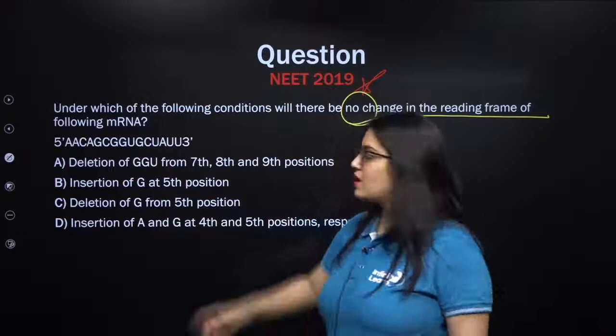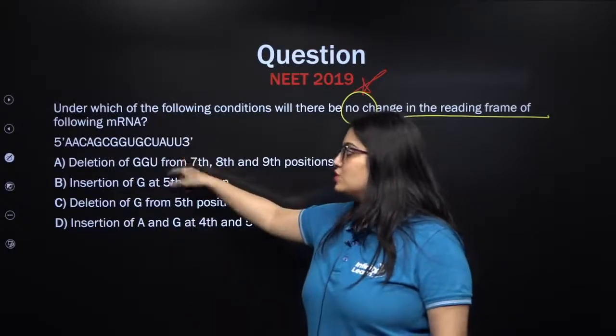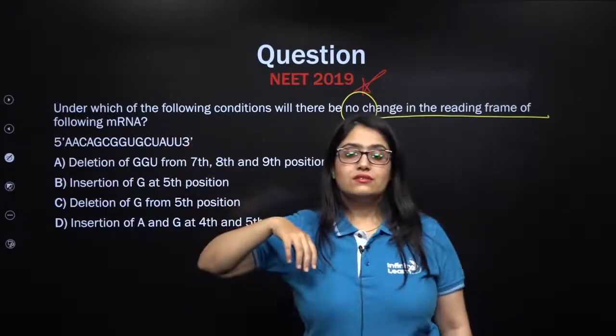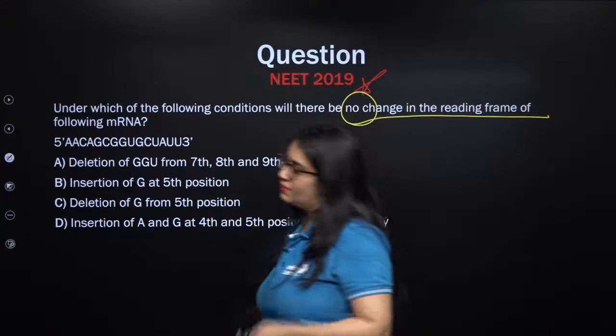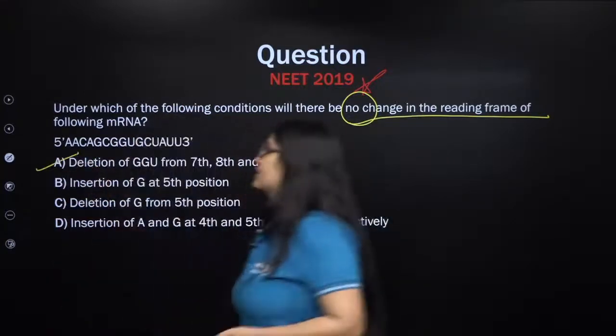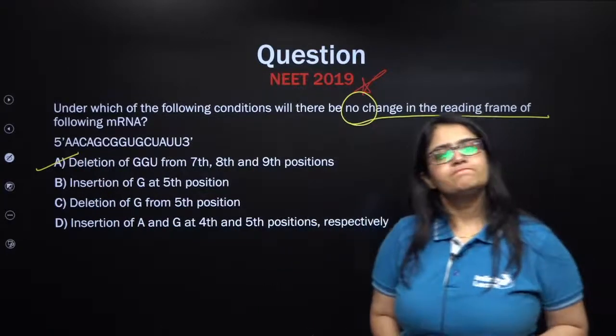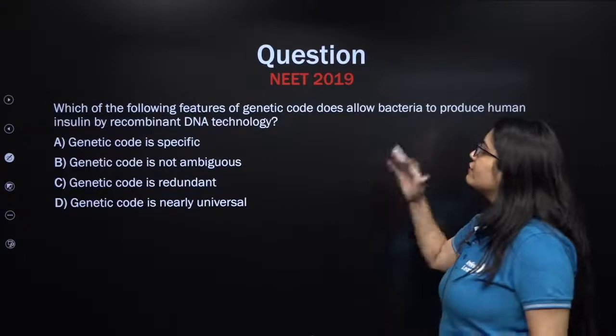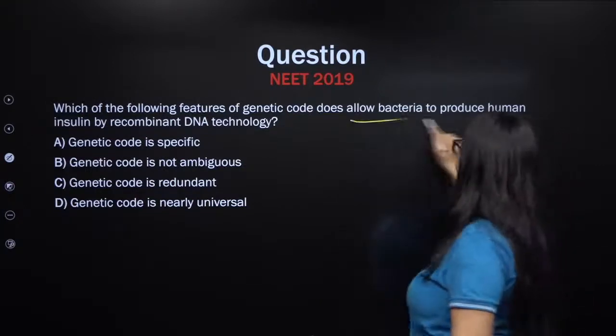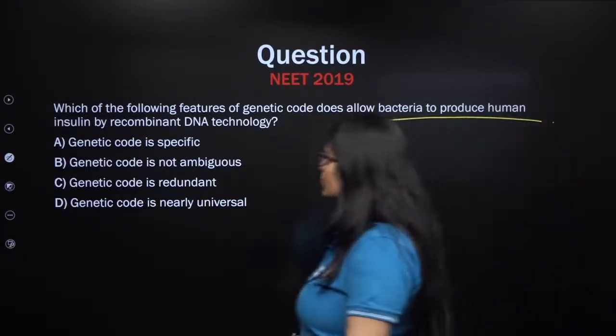But this change will not occur when the deletion or addition is in number of 3 or multiples of 3 consecutively. So first one is correct. Right, kids? Which of the following features of genetic code allows the bacteria to produce human insulin